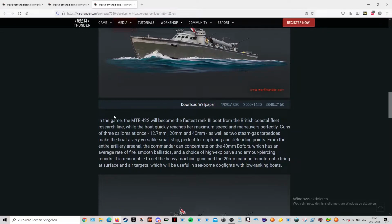In the game, the MTB-422 will become the fastest rank 3 boat from the British Coastal Fleet research line, while the boat quickly reaches the maximum speed and maneuvers perfectly. Guns of 3 calibers at once, 12.7mm, 20mm and 40mm, as well as 2 steam gas torpedoes make the boat a very versatile small ship, perfect for capturing and defending points. From the entire artillery arsenal, the commander can concentrate on the 40mm Bofors, which has an average rate of fire,